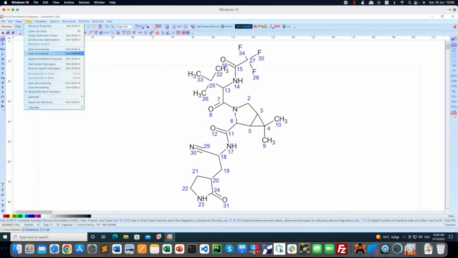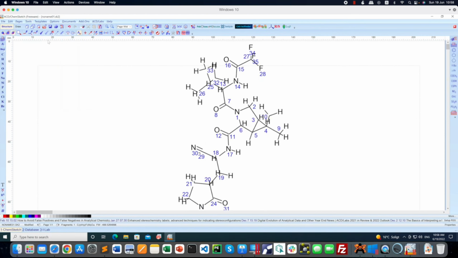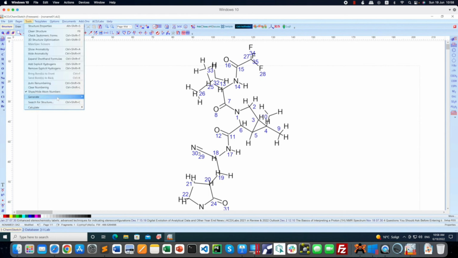So if you go again, there is an option called 3D structure optimization. If you click that, you have the 3D structure. You see the hydrogens have been added automatically. So this is how the 3D structure looks. And also you can